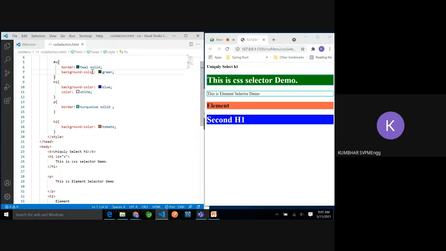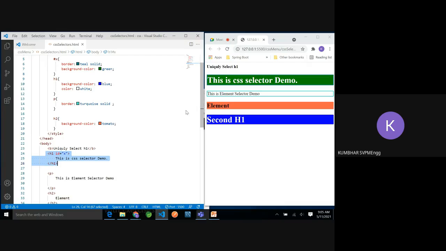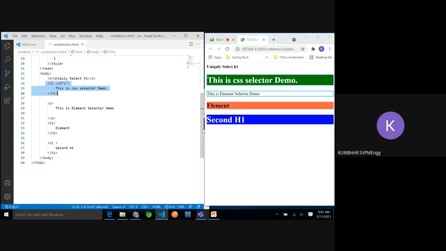So do you find now, this is one H1, and another H1 is there. The first H1 is printing CSS demo, selector demo, and the second H1 is printing select H1. Even though both are the same tags, H1, I am still able to manage different styles.